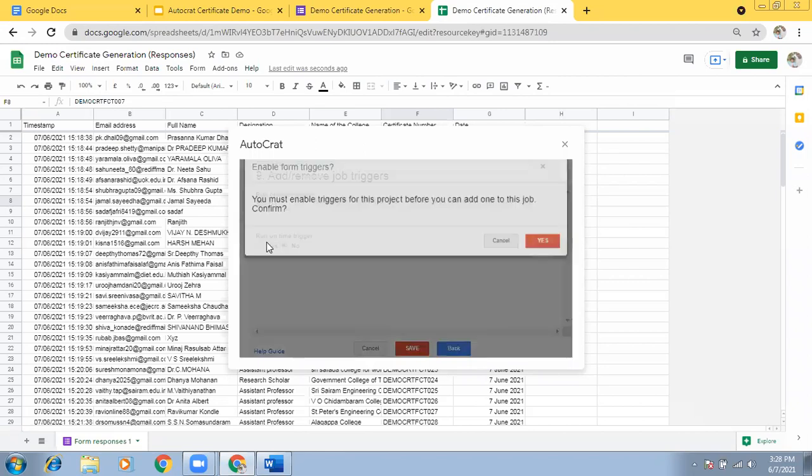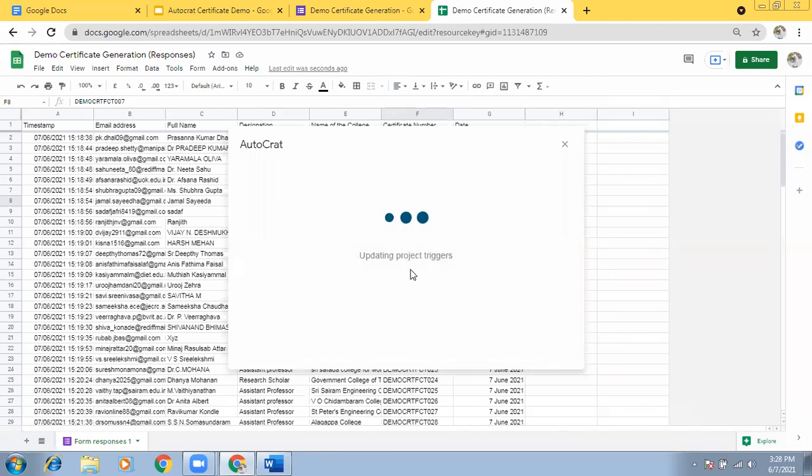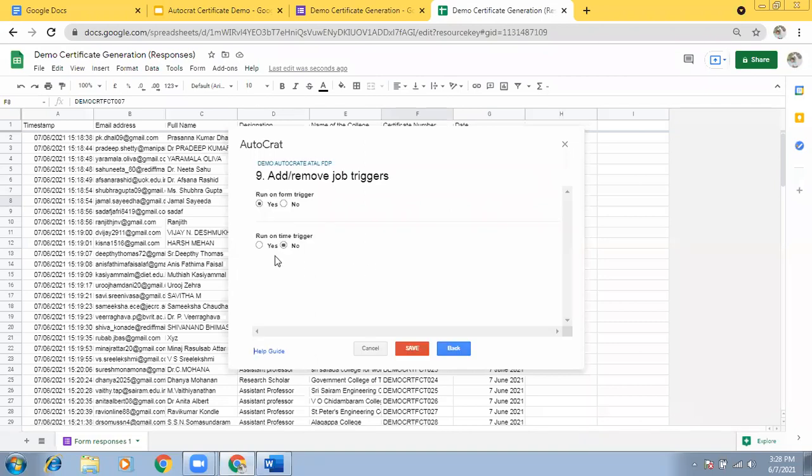Now, should this be triggered, means run automatically. If you want to send the certificate whenever they submit the form, you will have to choose this.